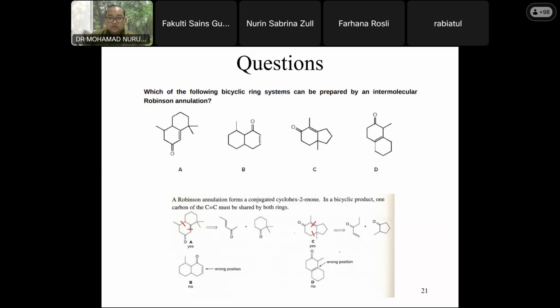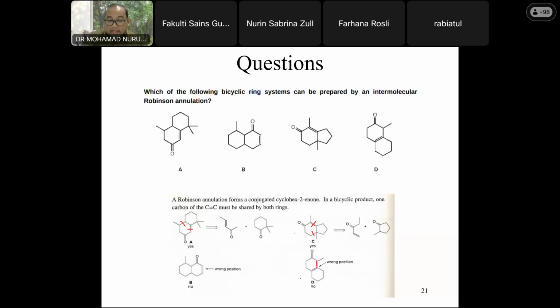And again, you should have two components in this case. The first one is the alpha beta unsaturated ketone, this one, and this one is the enolate element, okay? And lastly, this is the wrong position for carbons, even though they are sharing the double bond, because they should have the alpha beta position. Usually in this double bond they should have these positions, not these positions.